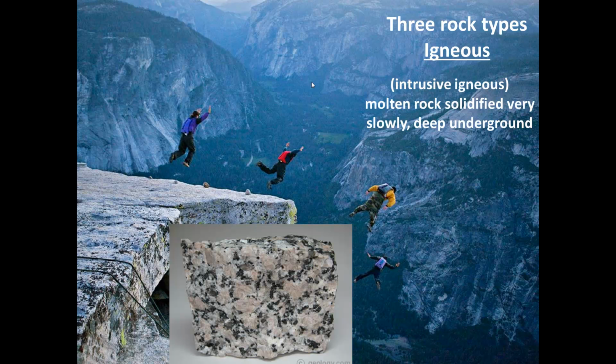Intrusive igneous rock. This is from Yosemite National Park. In Yosemite National Park, in fact, most of the high Sierras is composed of granitic rock or intrusive igneous rock. So this is that again, that molten rock that solidified very slowly deep underground. These guys are enjoying some of the relief up there, relief being, I guess, vertical displacement. Either that or they just happen to trip over these little rocks that someone put over there.